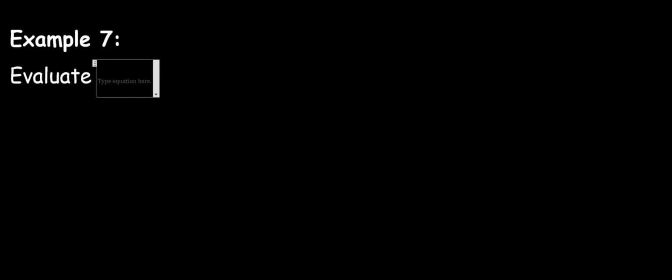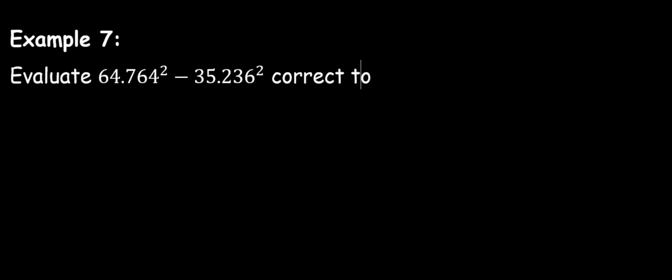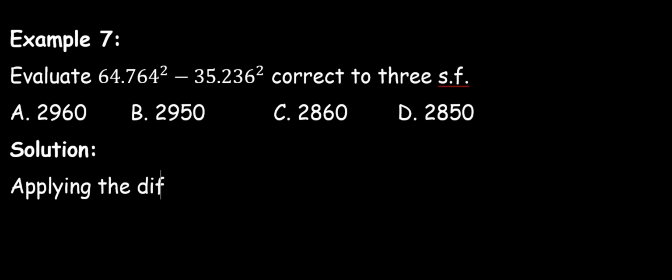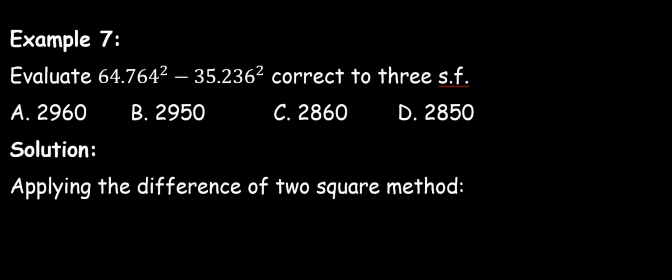Another example: evaluate 64.764 raised to power 2 minus 35.236 raised to power 2, correct to 3 significant figures. The options are given: A, 2960. B, 2950. C, 2860. D, 2850. Solution: applying the difference of two squares method to resolve our problem, we have